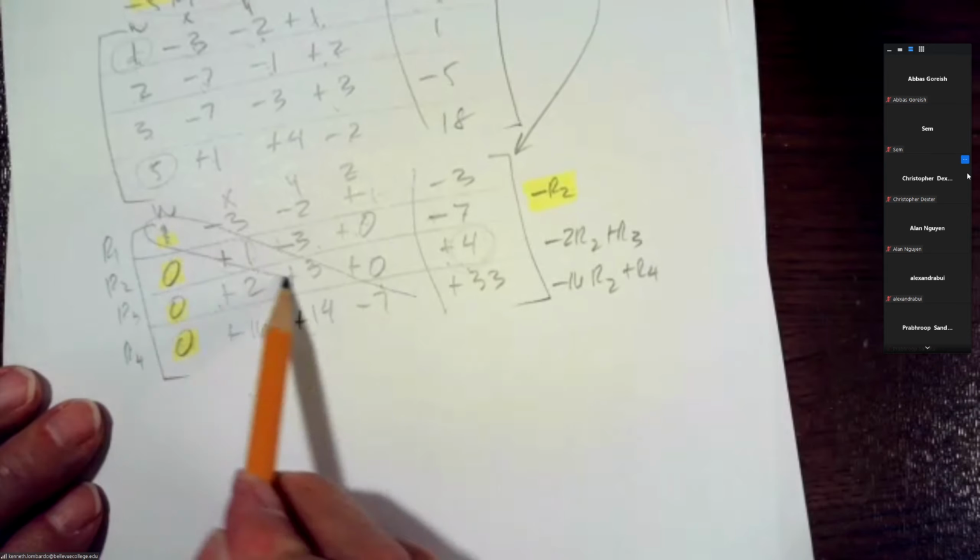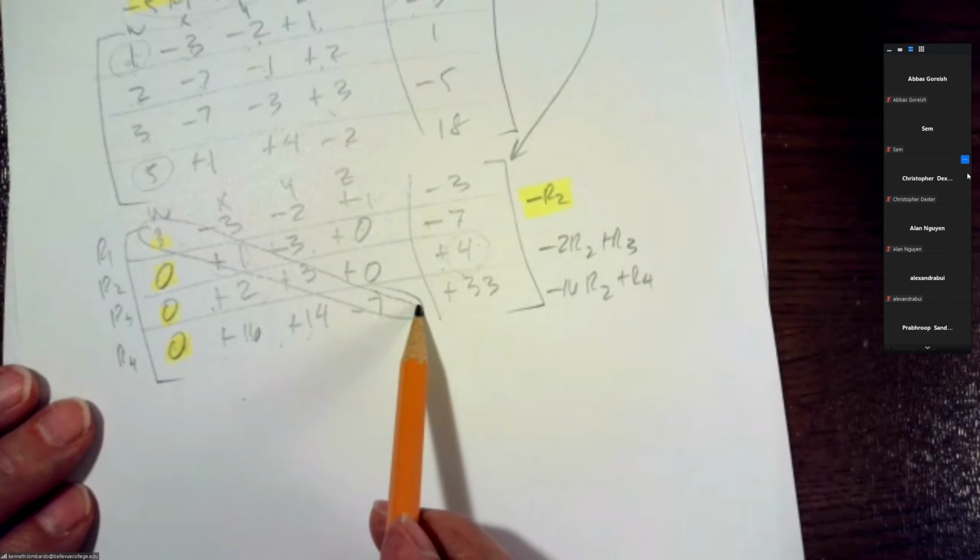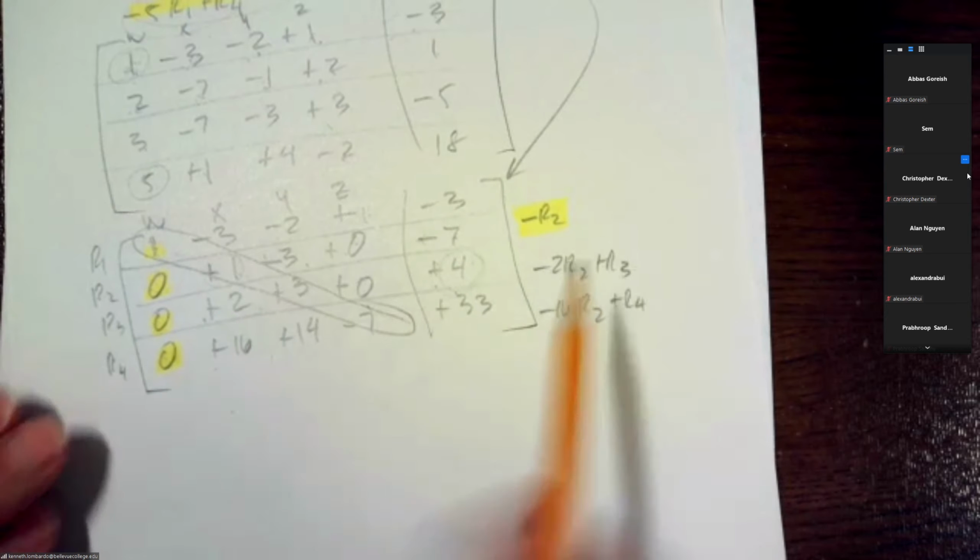This is called a row echelon here of ones, positive ones with zeros below it using the row